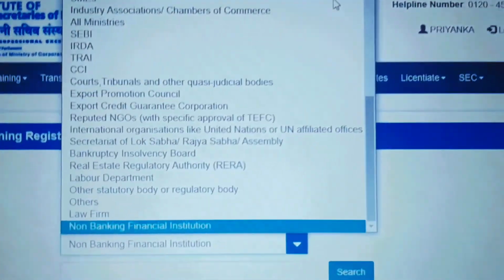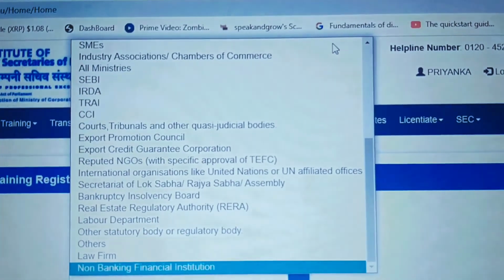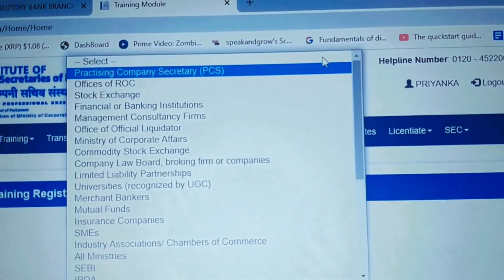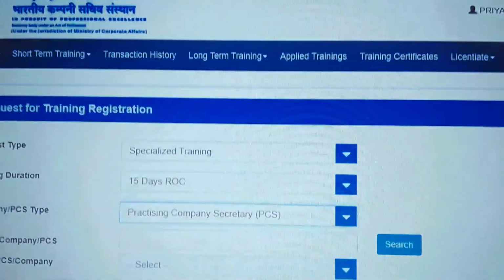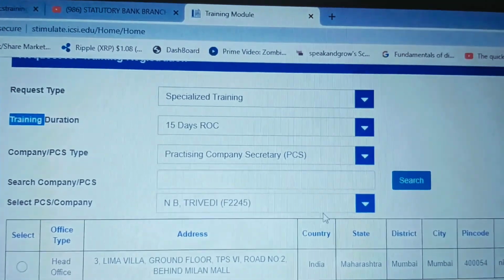There are also NBFCs, law firms, non-banking, and the Insolvency and Bankruptcy Board. You can register with all these firms for 15 days ROC training over here. I'm doing it under a PCS, so I'm selecting practicing company secretary.